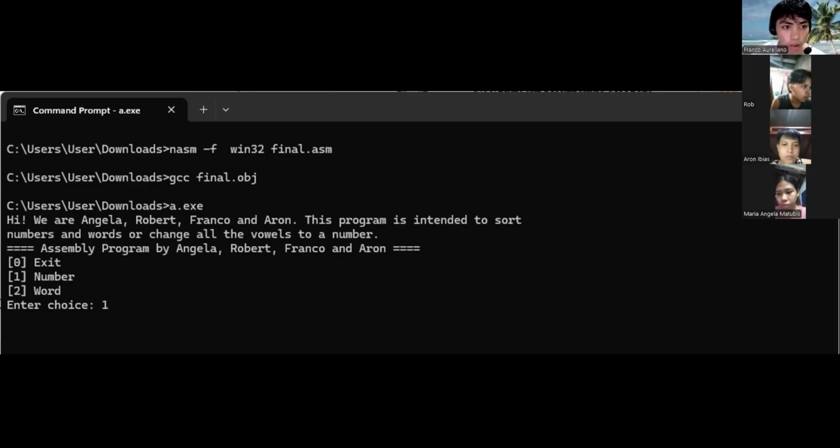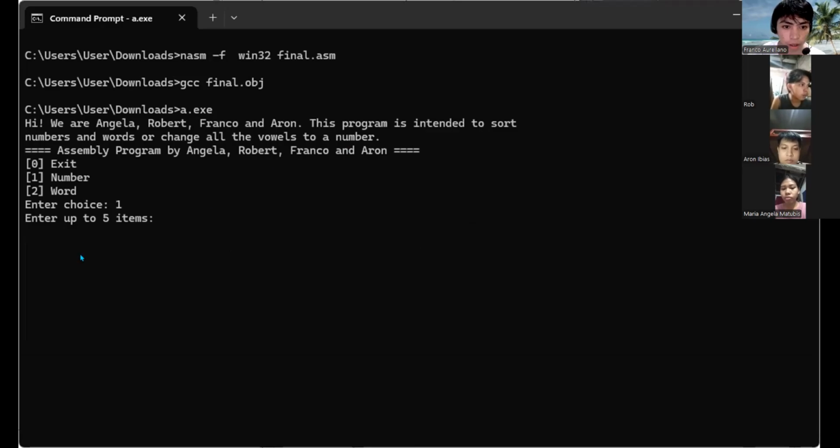First we choose 1. This is for the numbers, and then we enter up to 5 items. And here we just use 42 and 15, and then 3 and 67, and then 23.